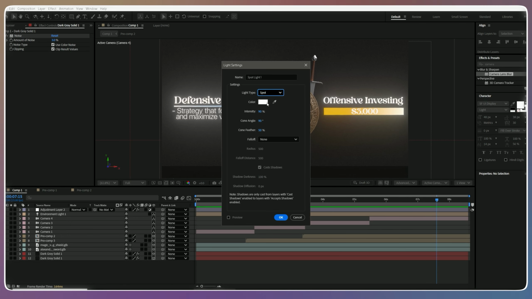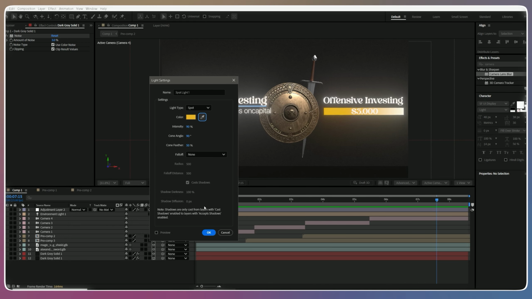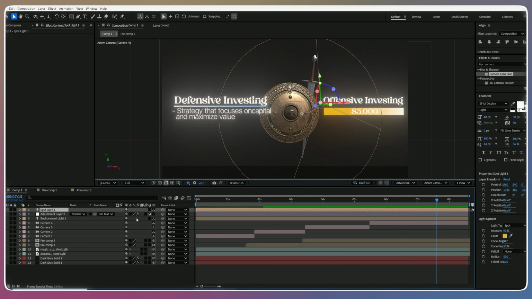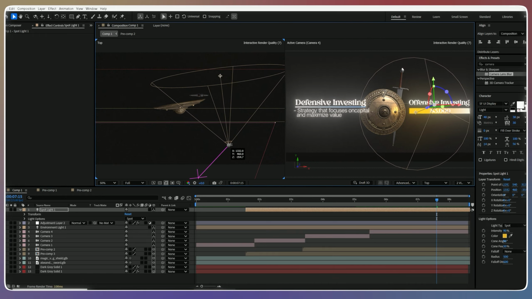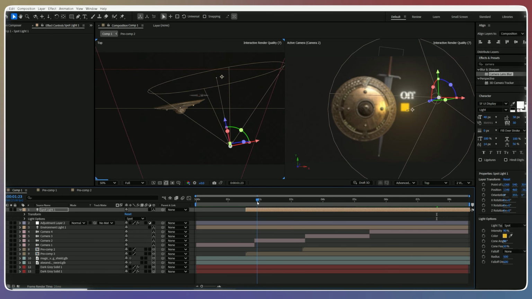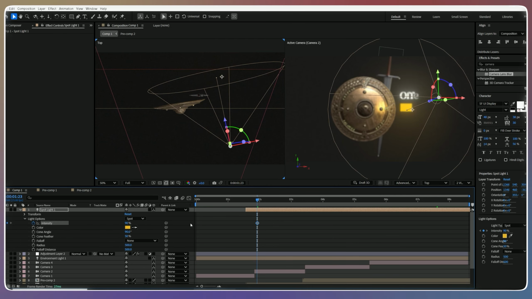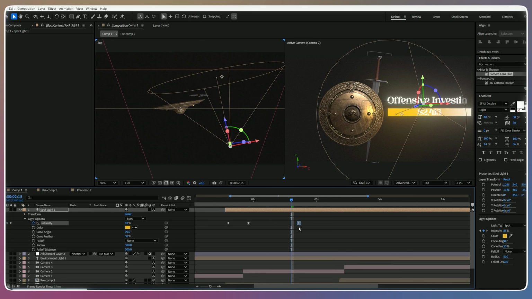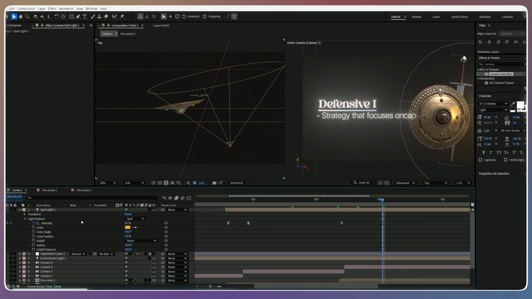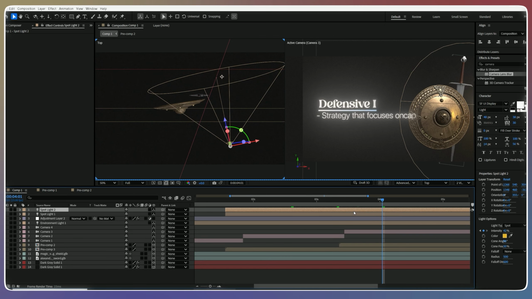Right click in timeline, choose light, change its light setup to spot and change color to the shape color. Orange for the left side and blue for the right side. Now by using 3D handles, position the light in one side of the shield, making a light effect from one side of shield. Then position keyframes on light intensity, moving it from 0 to 60, 85 and then ending it at 40. Now duplicate the light layer.